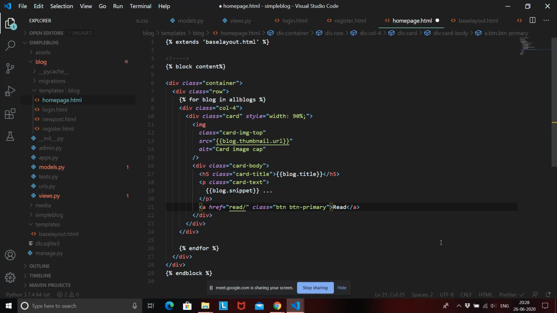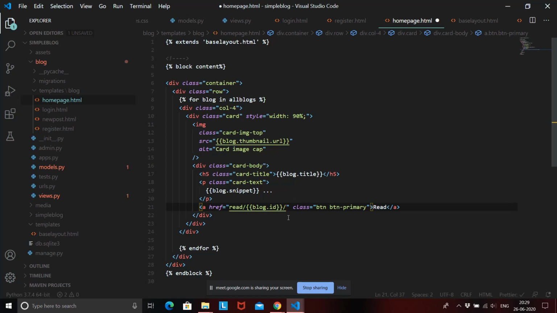Whenever you create a blog, Django automatically provides a unique ID to each and every blog. So let's access that ID by saying blog dot id. It is that simple, and you don't have to create this ID explicitly. Django automatically creates that ID for you.